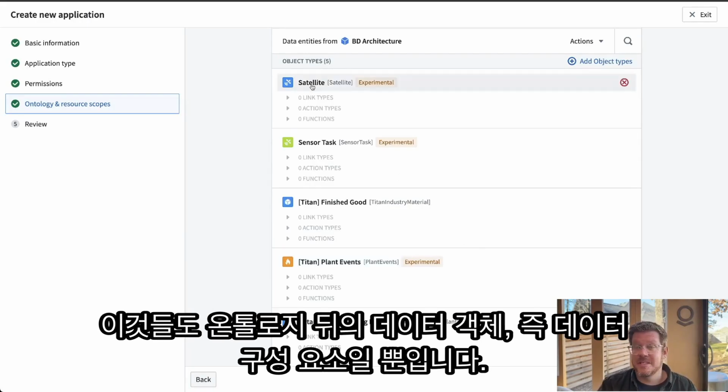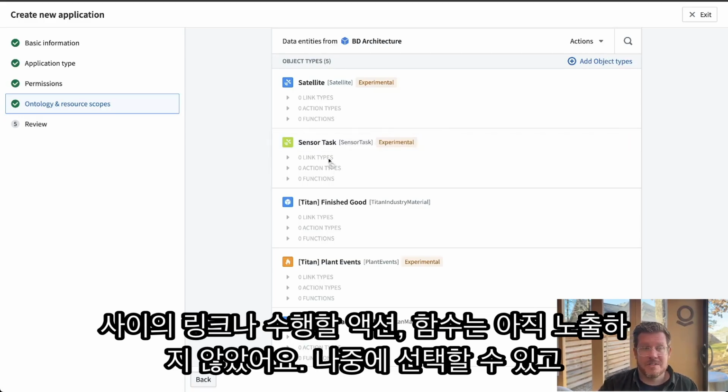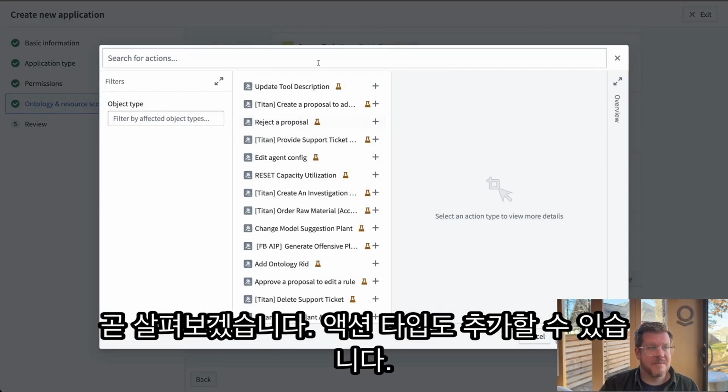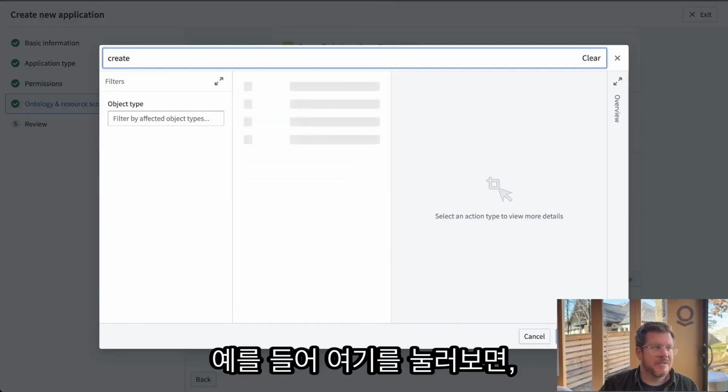Even these are just the data objects that are behind the ontology. So it's the data component. I didn't expose the links between them or the actions you do or the functions. So I can select those later, and we'll get into that in a minute. I can also add different action types in. So if we hit this,